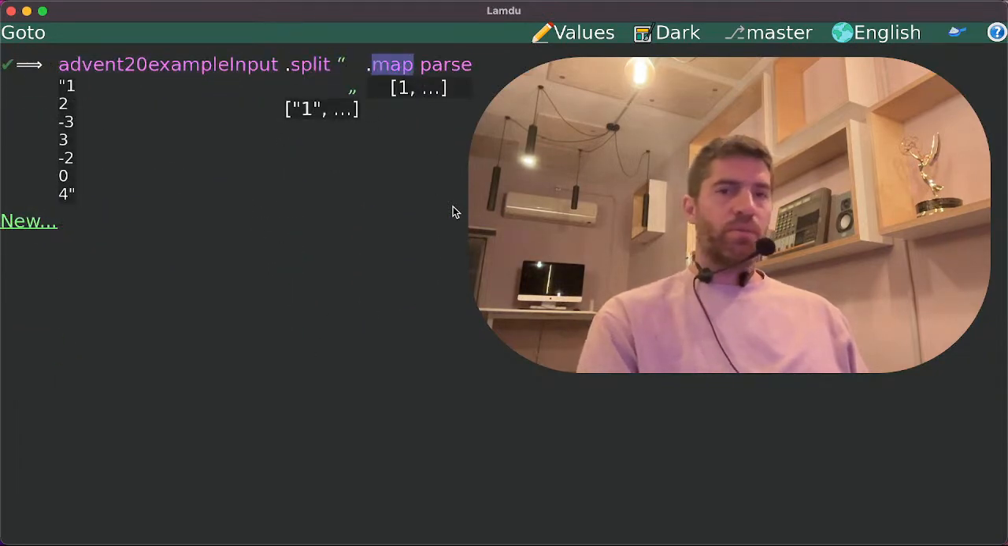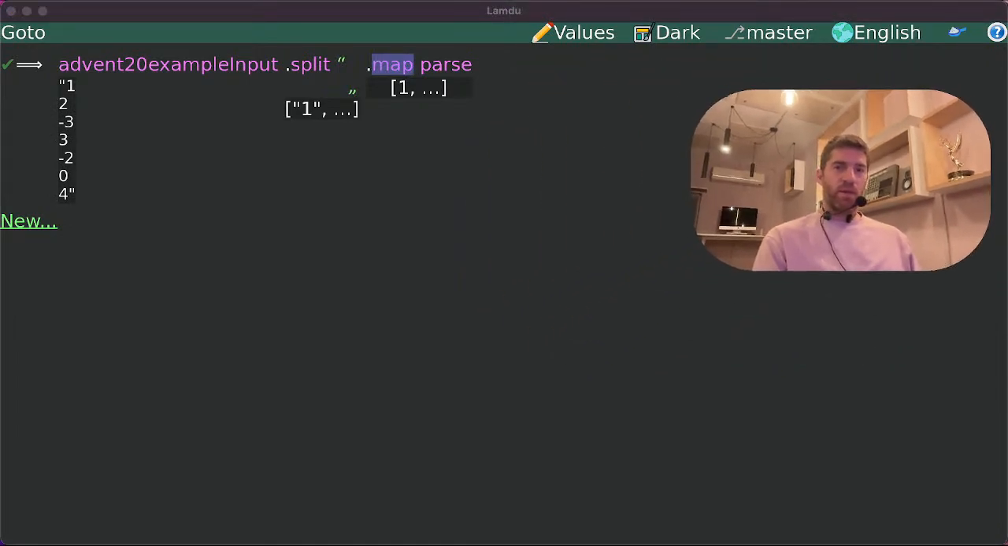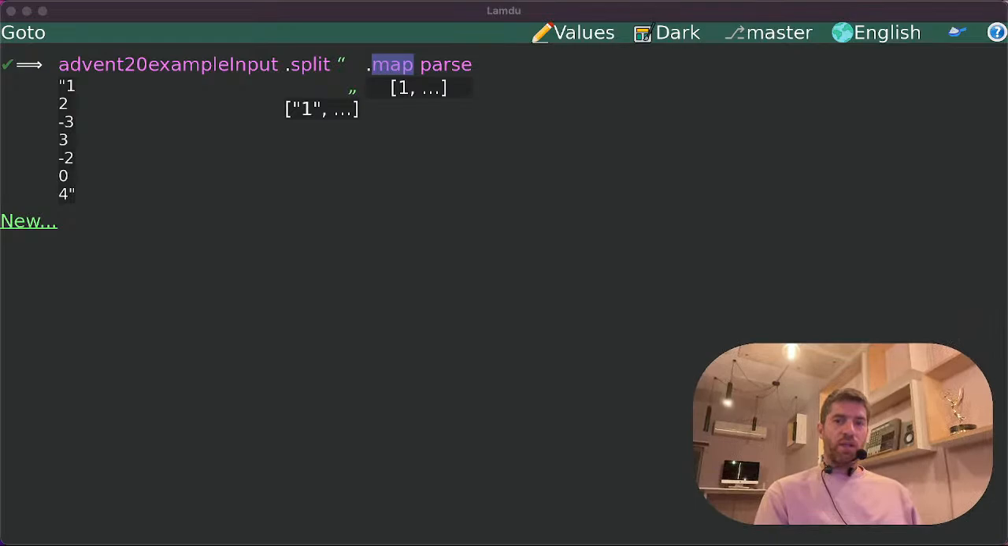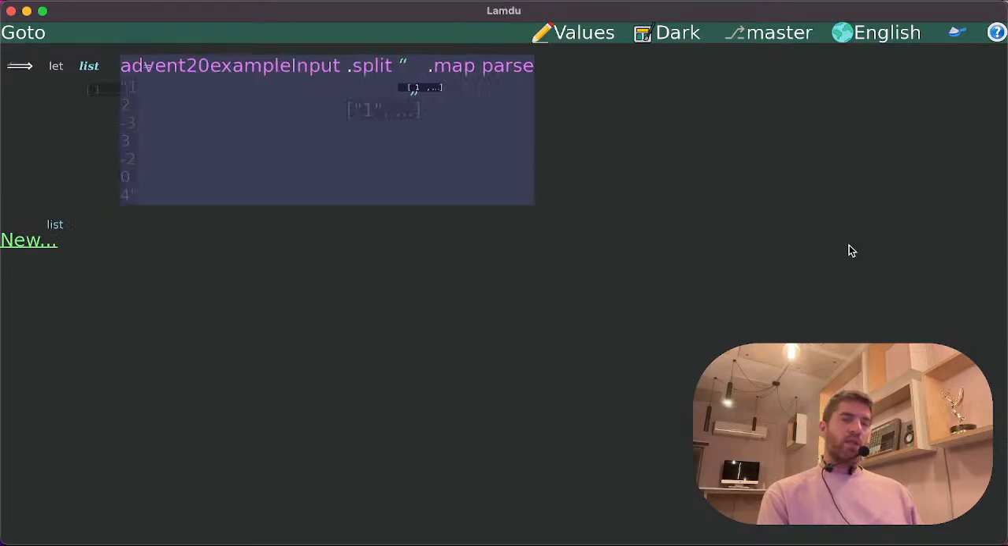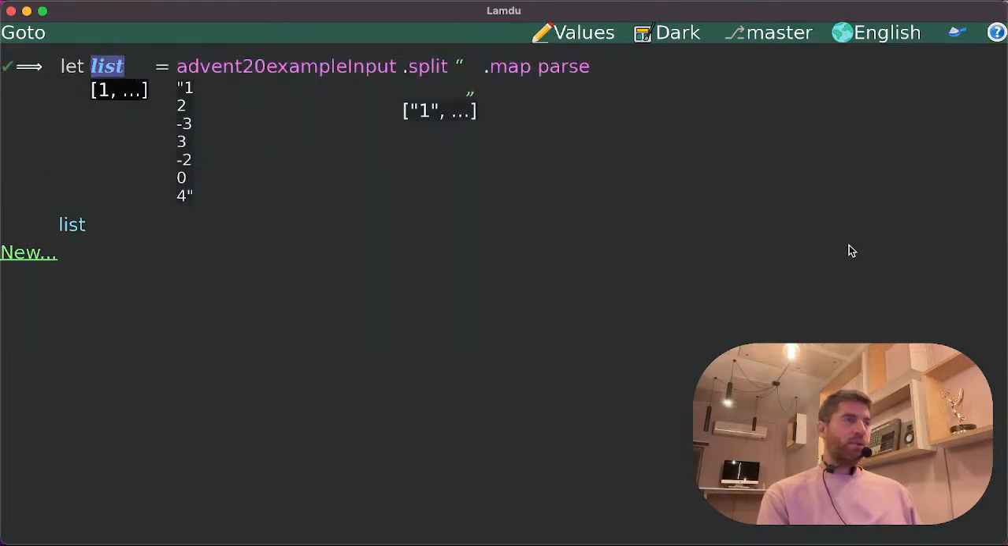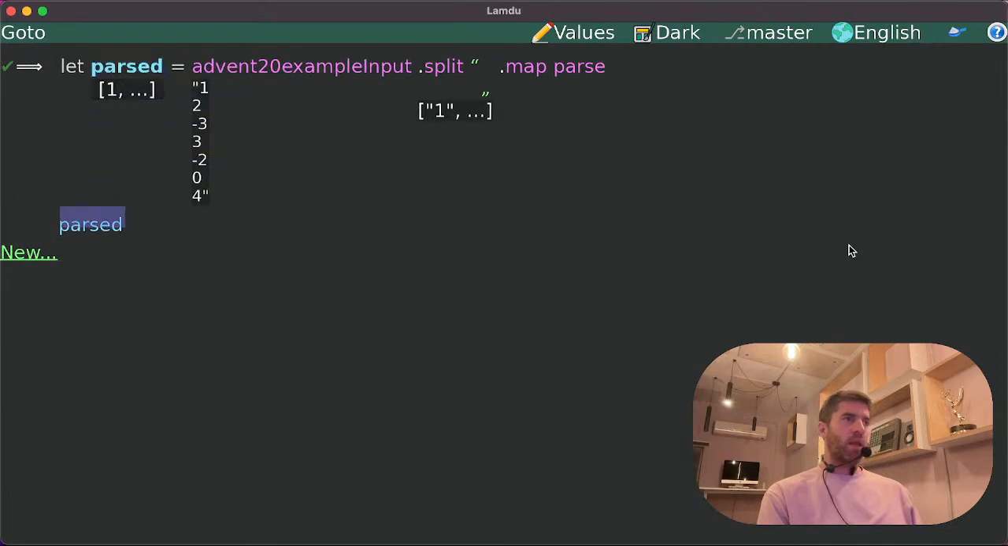So let me also make myself smaller here. Feel free to ask questions in the chat if you're viewing live, or leave comments after the fact. So this, I will call it the parsed input. And what we would want to do is